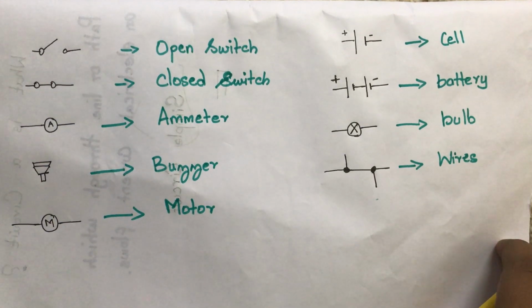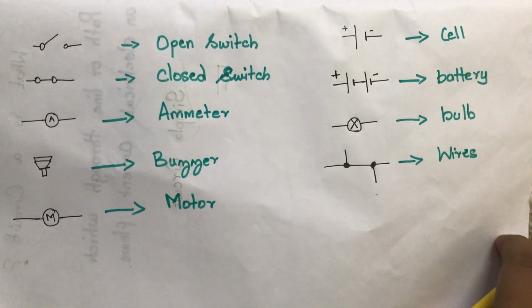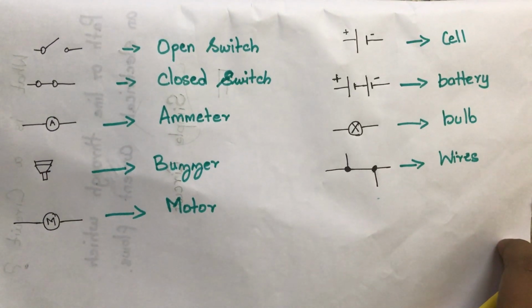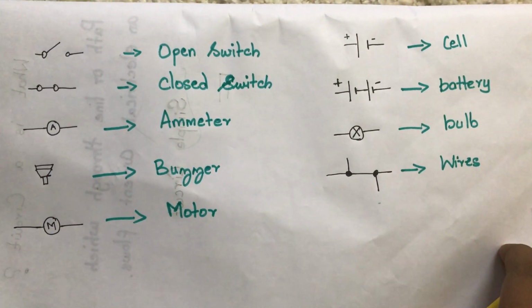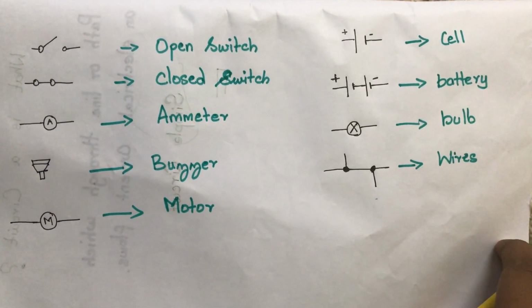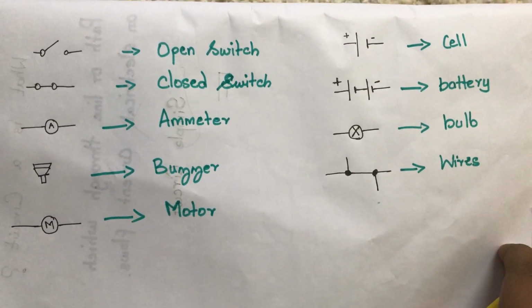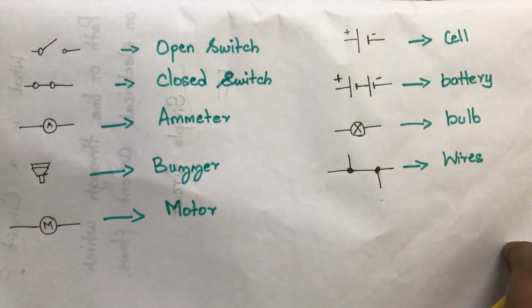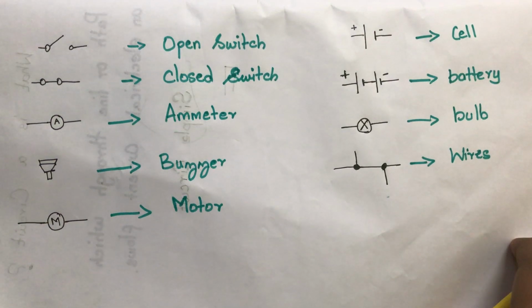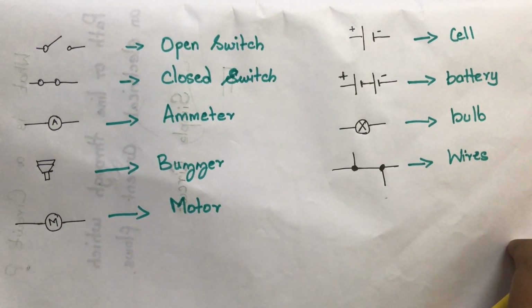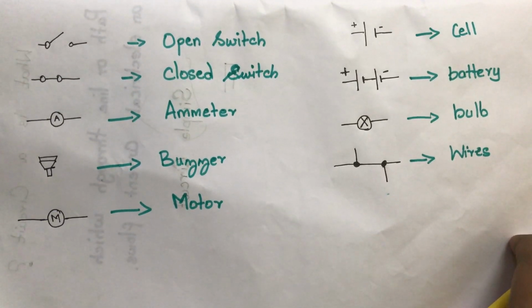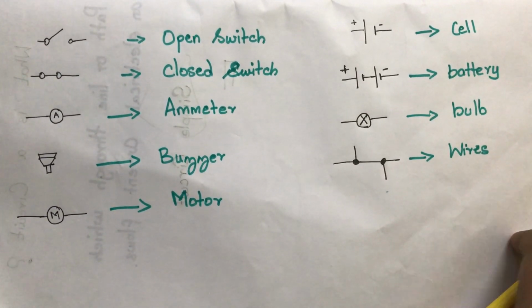Next is the switch. The switch is simply a small gap in the conductor where you can close or open the circuit. When the switch is closed, the circuit is closed and electricity flows. The load. The load is a small light bulb or buzzer that lights when the circuit is turned on. The load is also known as a resistor. The power. Next is the cell. The power source is a cell.